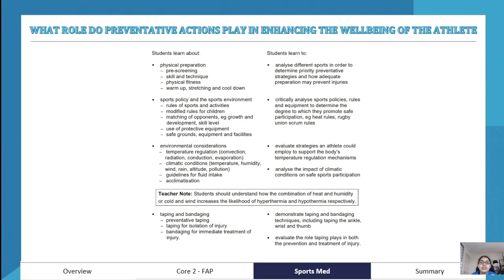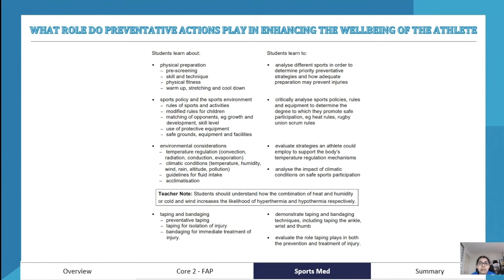They should be warming up so that they have increased muscle flexibility, and cooling down so that they can disperse lactic acid and not have DOMS, delayed onset muscle soreness. Sports policy and sports environment, so you'll talk about the rules of sports and activities, how